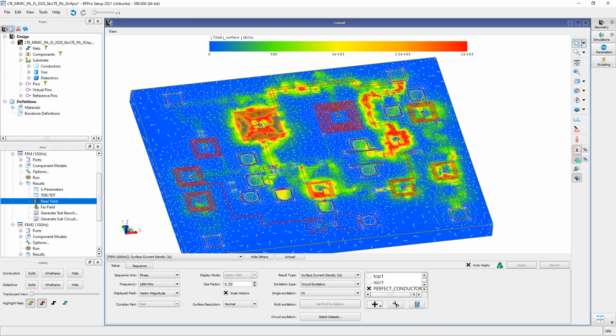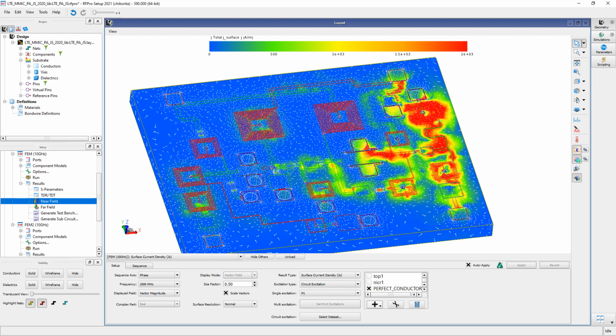Next, we start moving towards the low edge of the passband, where the PA starts accumulating gain and RF output power. So this is taken at 1 gigahertz. Now this one is at 2 gigahertz, where the PA has lots of RF power delivered to the output. And we do see the output matching network RF current density high at the output matching network inductors. But I still see some high current density leakage at the top DC bias area, which needs to be improved and have better isolation from the RF section.